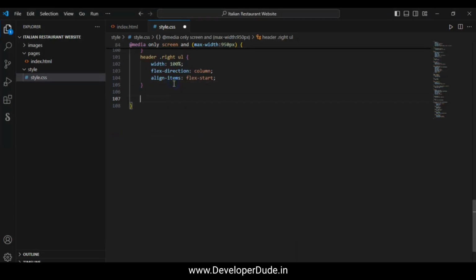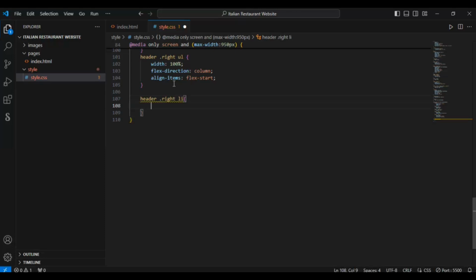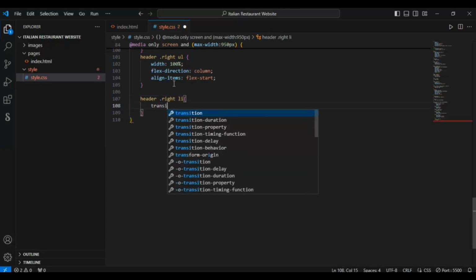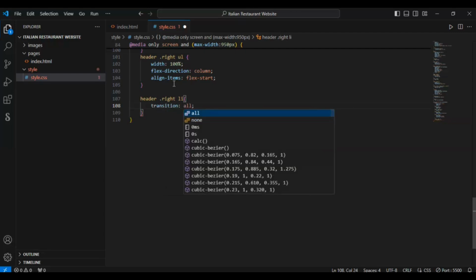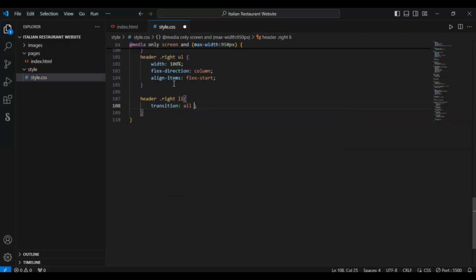Now target the header dot right div's li elements and set the transition, so when we hover over them the color of the background will change in 0.3 seconds. Okay,